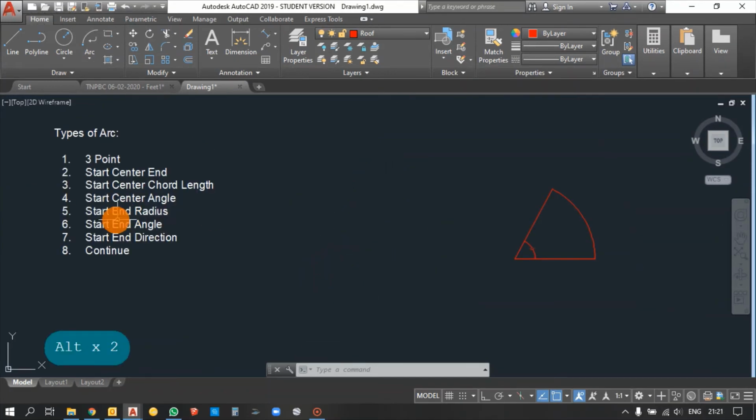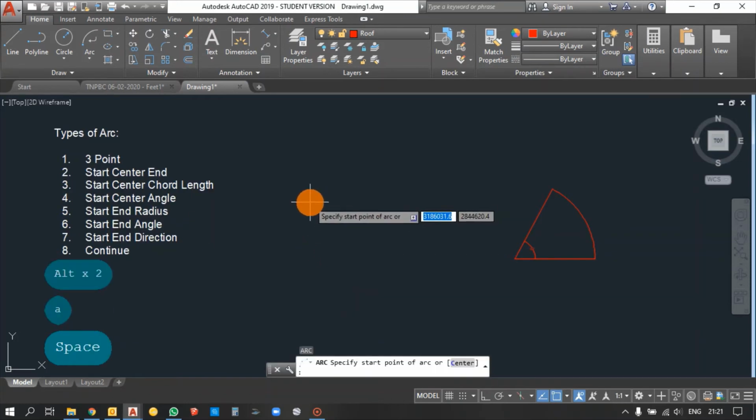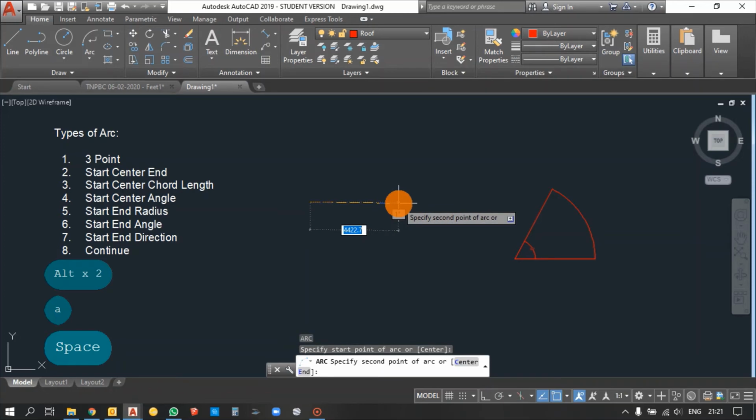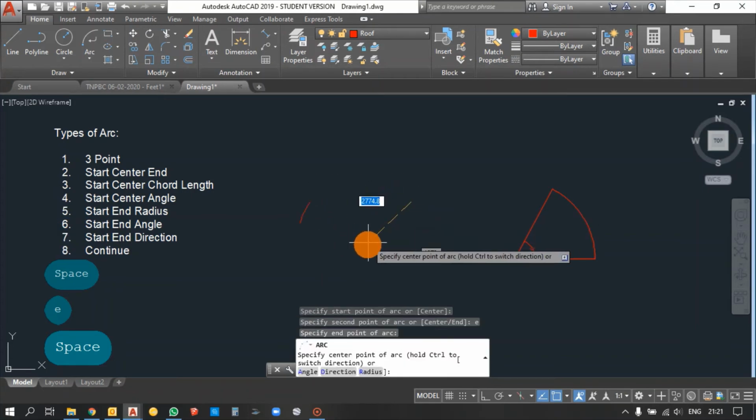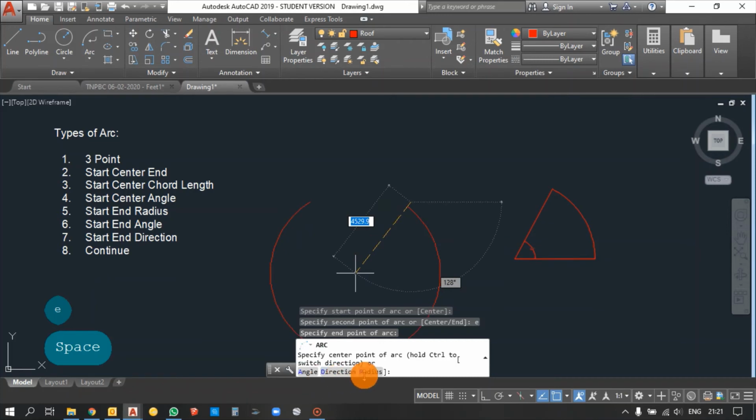My next thing is start, end and radius. A, enter, place a starting point, and for end give E, enter, and it asks for the endpoint. Place an endpoint, and the options are angle, direction and radius.